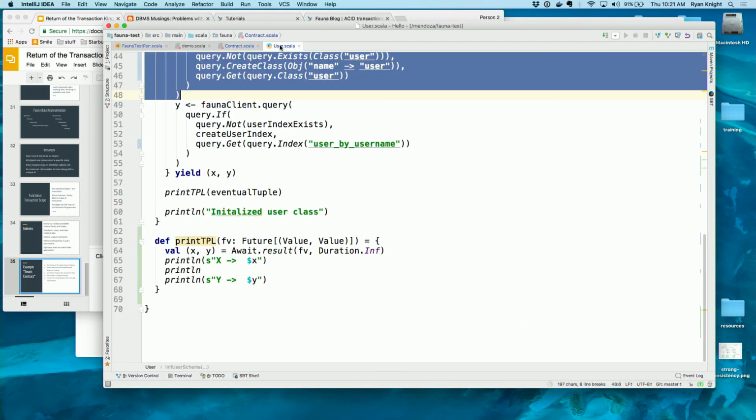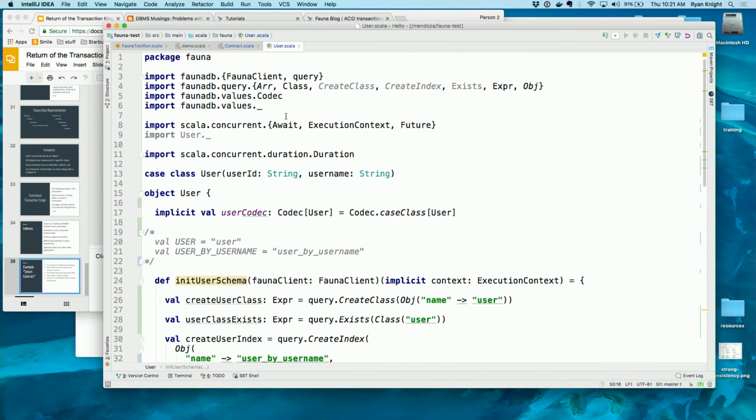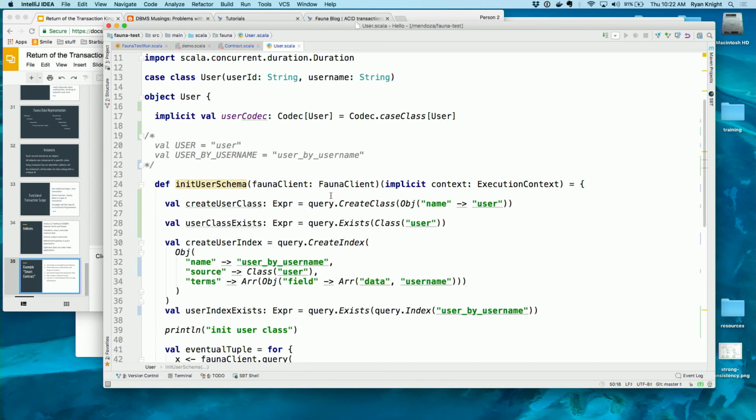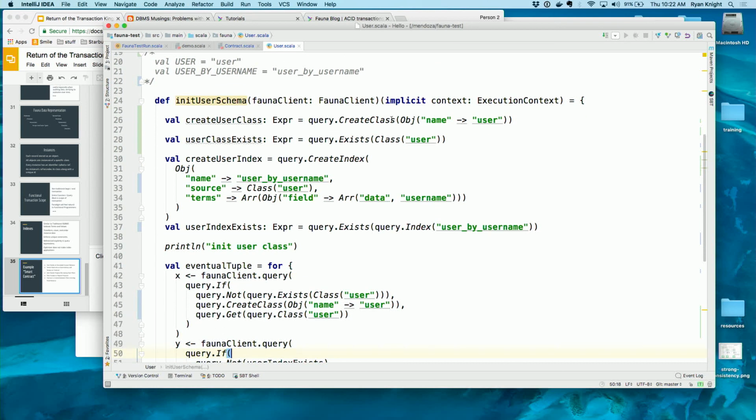So let's look at a little bit of the Fauna code of how I write this. With Scala, they have a new driver out that has a codec that automatically serializes and deserializes from case classes, so this will allow me to automatically write that user class. Let me break this down. I talked about how the fundamental unit in Fauna is a class. So when I set up my schema, the first thing I do is create a class. Here I'm saying create class, and the name of that class is user.